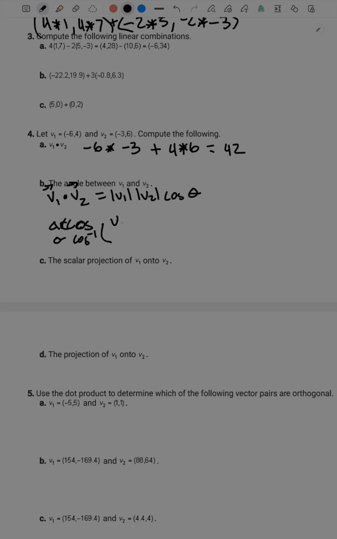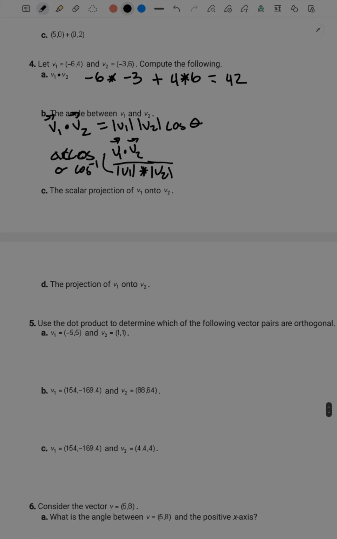Then we're going to do the dot product of v1 and v2, which we just did in part A, times the magnitude of v1 times the magnitude of v2, which I'll let you compute, as you probably need more practice doing so. Okay, and then the scalar projection is something that I'm not super confident on,